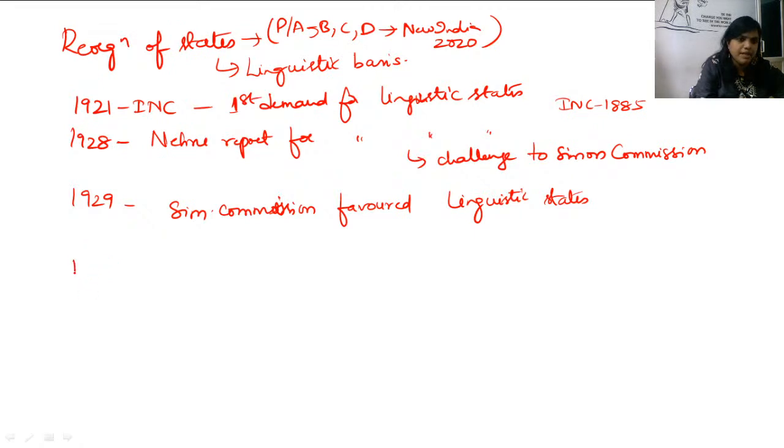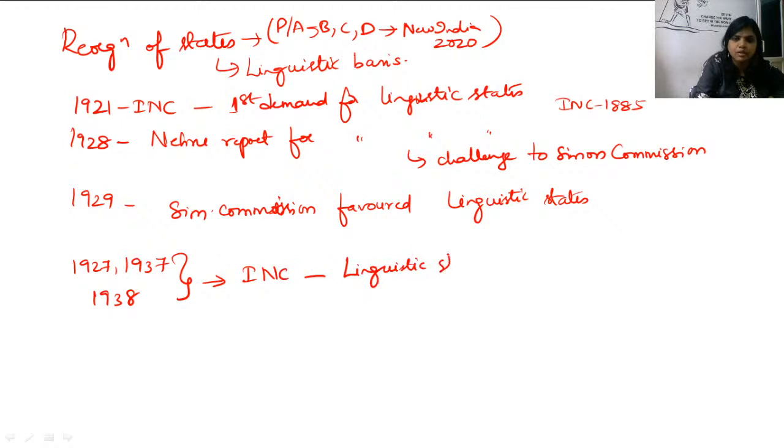In 1927, 1937, and 1938, in all these three years, INC still favored the linguistic states. INC was in favor of linguistic states. Right? Now, after independence, in the year 1948, Government of India